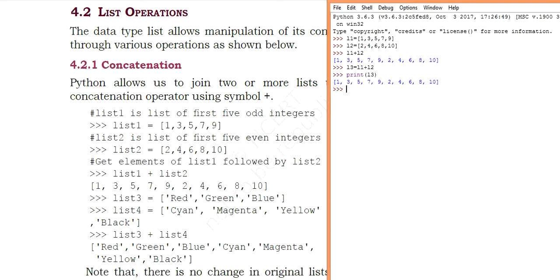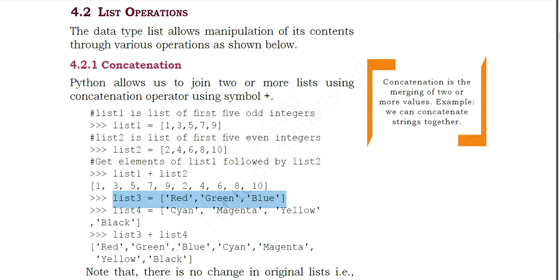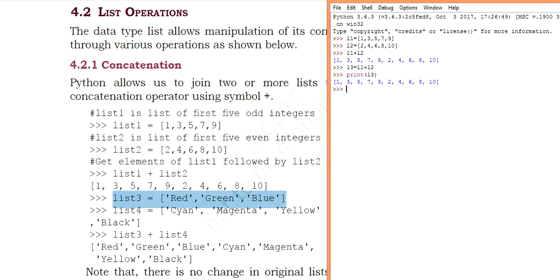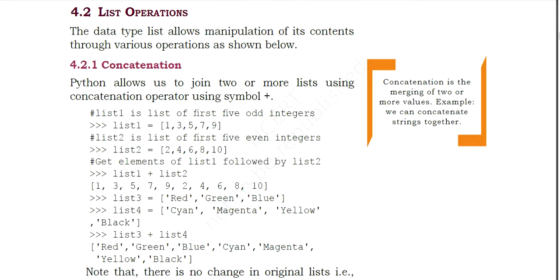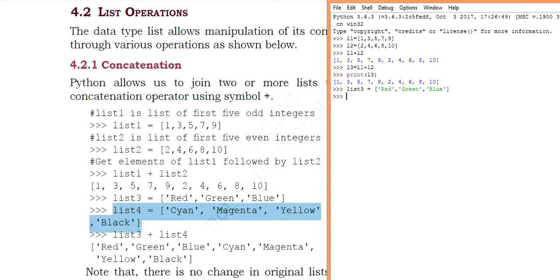And we can check this operation for list 3 and list 4 also. I am just copying and pasting the same thing, Control C, and here I am pasting, Control V. Similarly I have this list also, so I just copy that list and paste it. Or you can press backspace, then it will come on the same line. So we have these list 3 and list 4, and we are applying the concatenate operation. You can write it fully or you can just use the shortcut like this also.